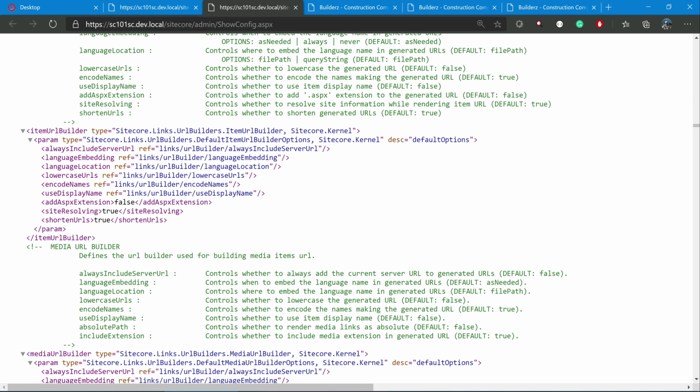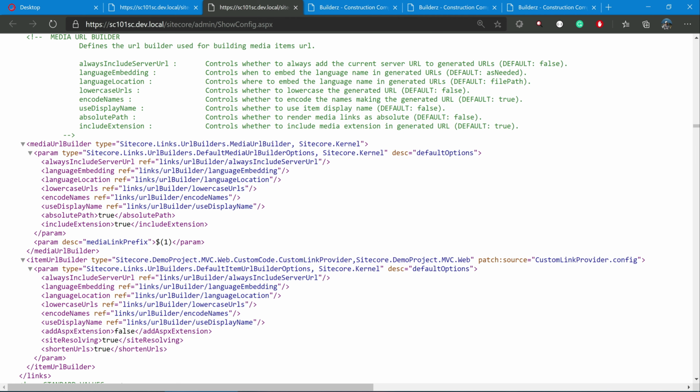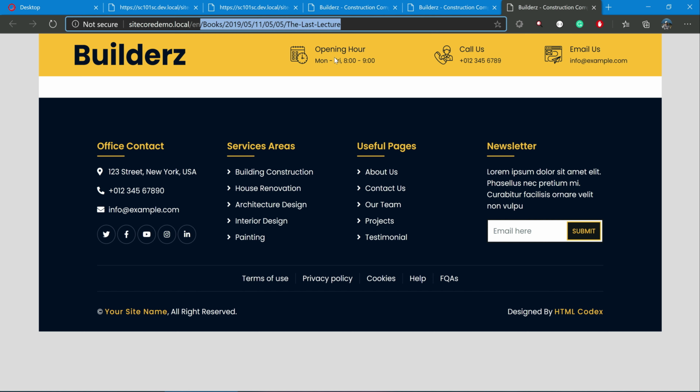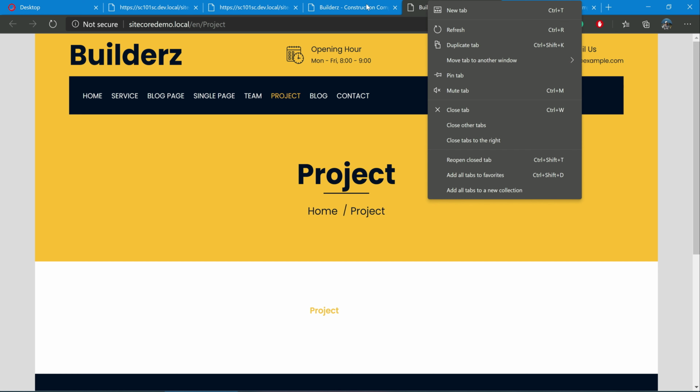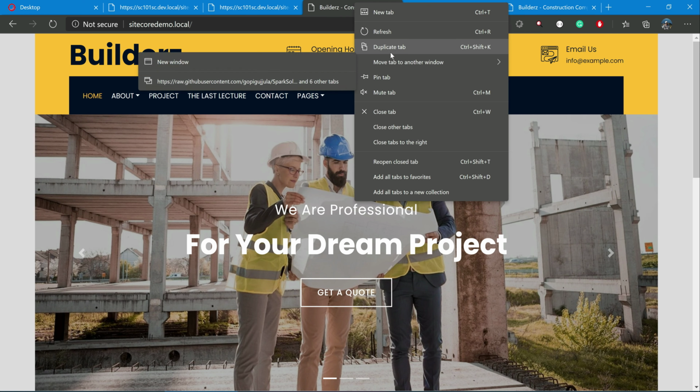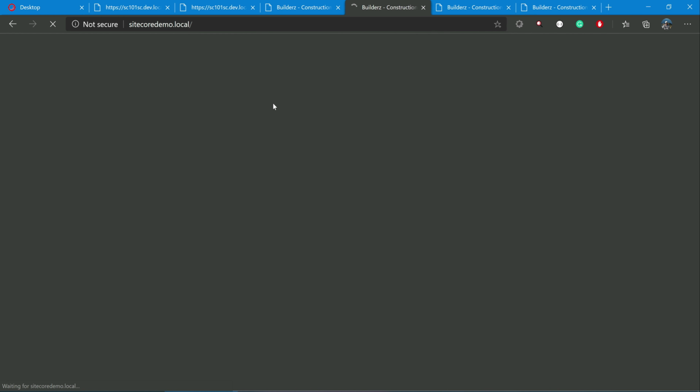But why did it generate this? Just a second.